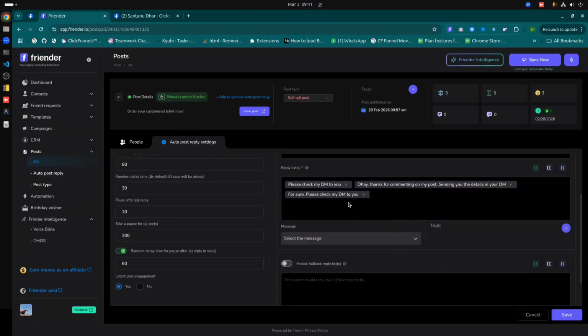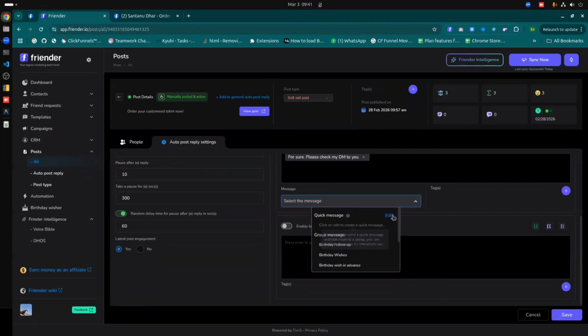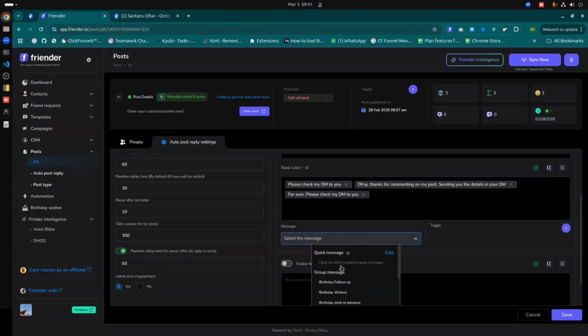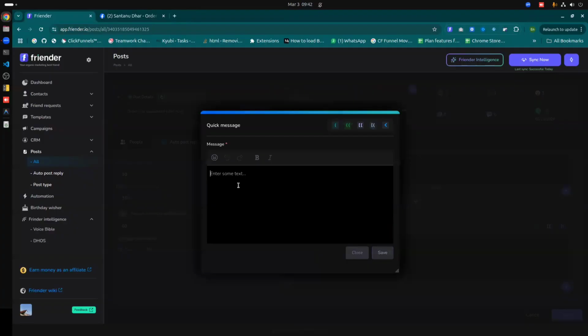Now once it is going like that, I can also set up a message, because I'm saying that please check my DM. So I can either set a quick message, or I can set a group message, and I can select the group, and then depending on the group variation of the messages, it will pick one, and then we'll be sending it to the person who has just now commented and just have received my reply, right? So I can click on quick message edit, and I can give over there that hey, thanks for